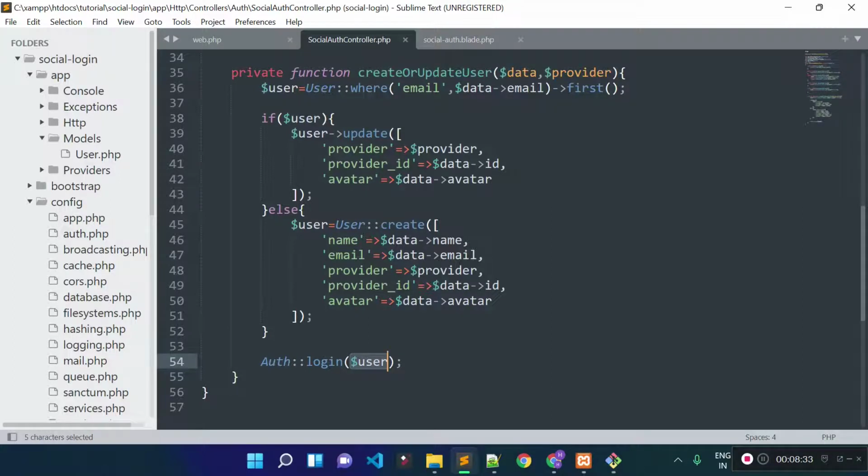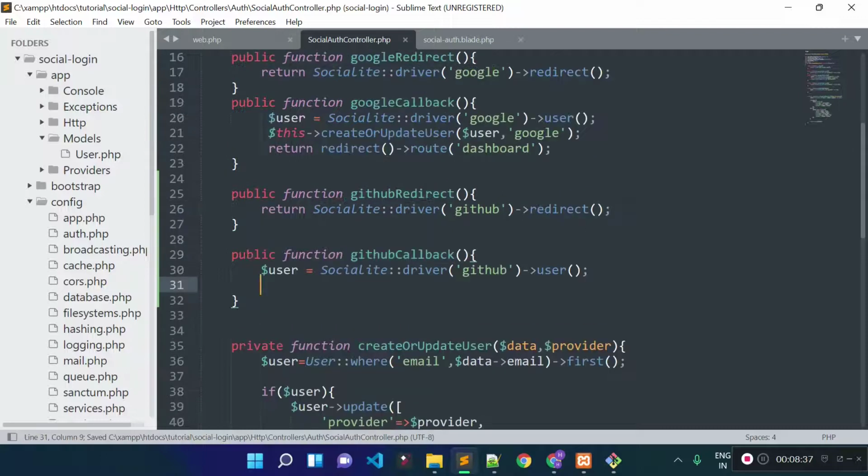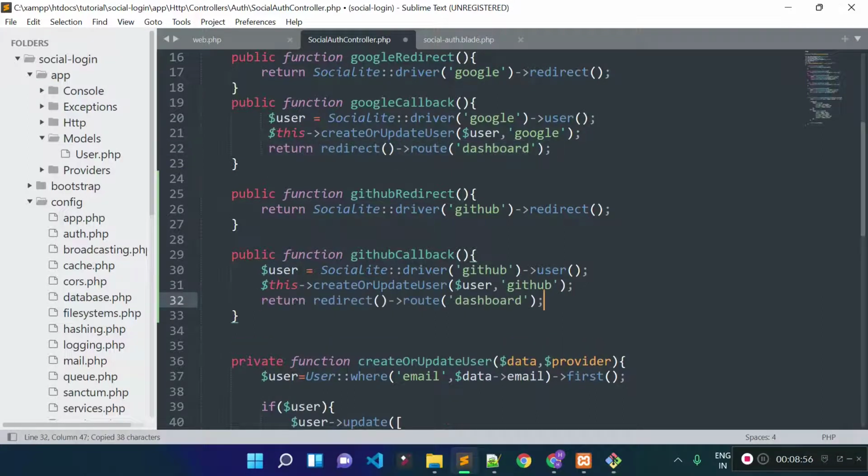Okay, and then we are logging the user with the help of auth login method, and we are providing the user object here. And from this GitHub callback method, what I will do, I will simply call this create or update user method, and we will provide the user data in the first parameter, and in the second parameter we will provide the provider name. This will be GitHub, and then I will return the user back to dashboard page. In the previous lecture I already created dashboard page.